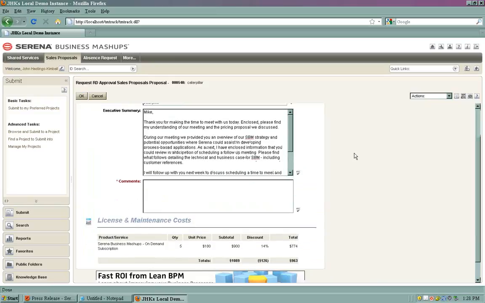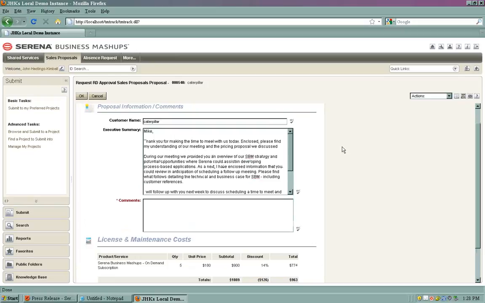if you remember the bad design, I showed a lot more data elements than this on that form. There were a lot more inputtable fields. In this case, all I've got is the customer name. If for whatever reason I realize that, oh, maybe I should capitalize Caterpillar, and a week has gone by since I wrote this initial executive summary, let me tweak this a little bit before I send it off to my RD for his approval. And comments are required. So